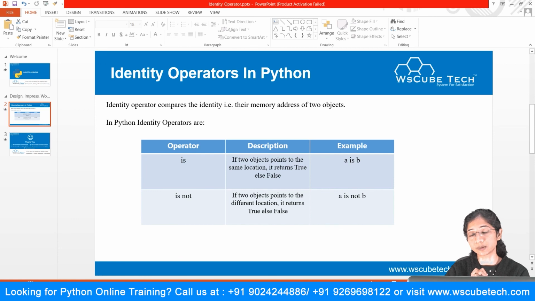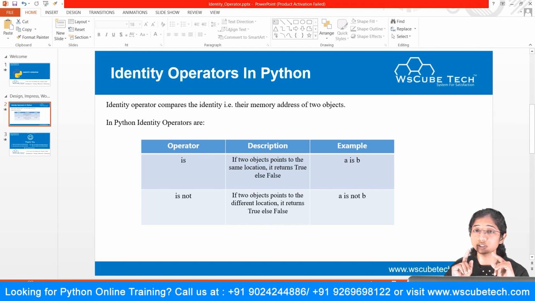We'll just do a quick recap. In this video, we talked about the identity operators. Identity operators in Python check for the identity, that is, the memory address. The point to be remembered here is that even if the value is the same, suppose a is equal to 10 and b is equal to 10, it's not necessary that your memory location will be the same.